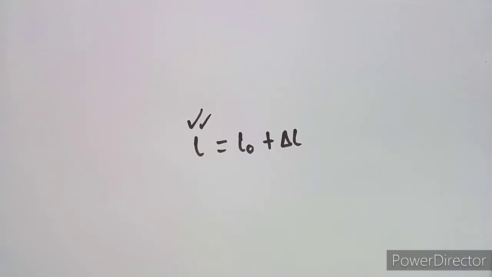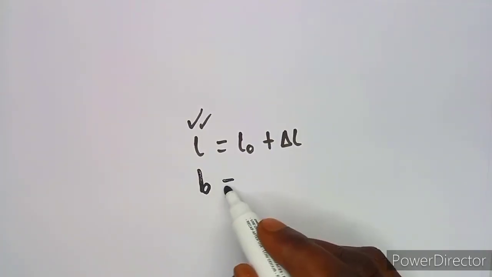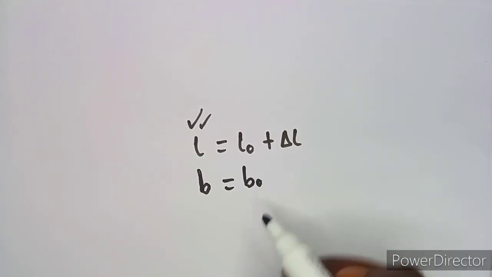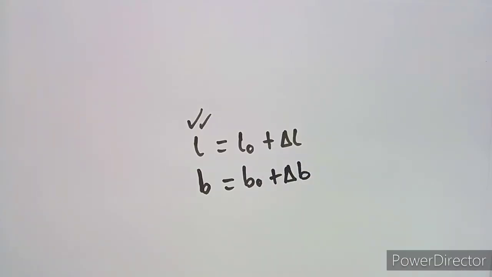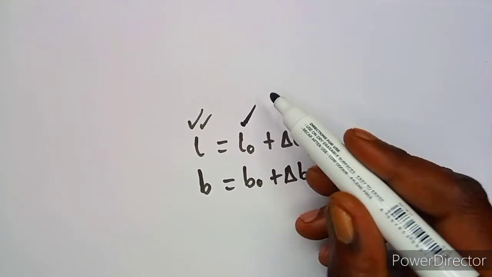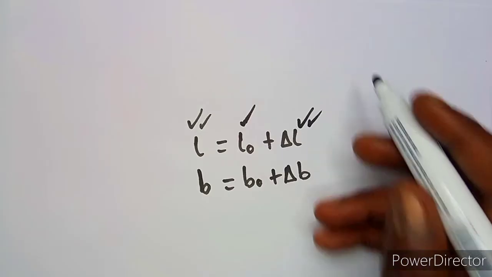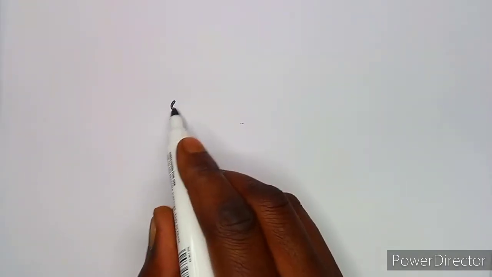That is the dimension at what? At 120 degrees. The same thing is true of the breadth. The new breadth is going to be the original breadth, which was the breadth at 10 degrees, plus the change in the breadth of the given rectangle there. If this is the formula, the original length is already there, but we need to find the change in length and the change in the breadth. So there's no way we are going to use this formula. I'm going to keep it aside. All right, so we are going to find first